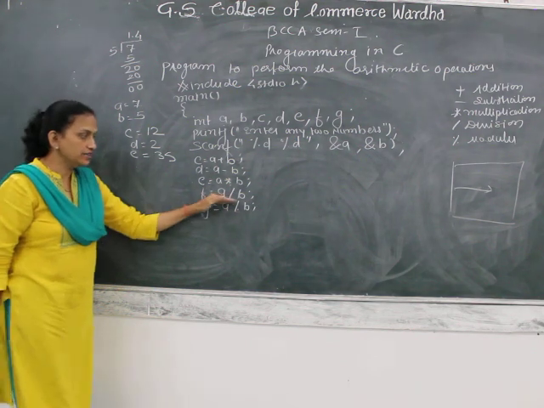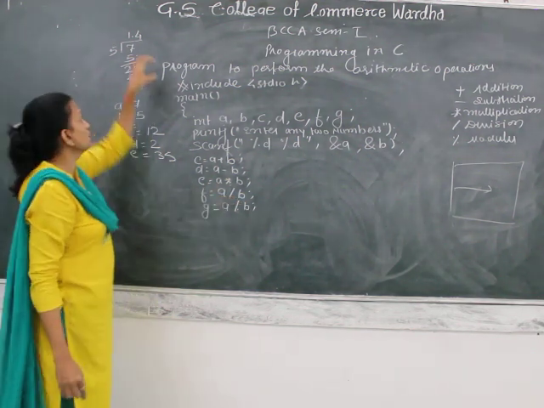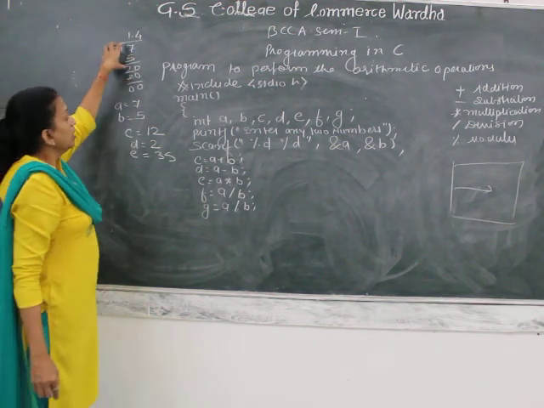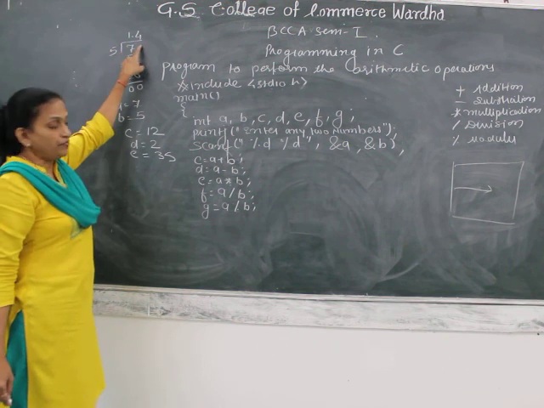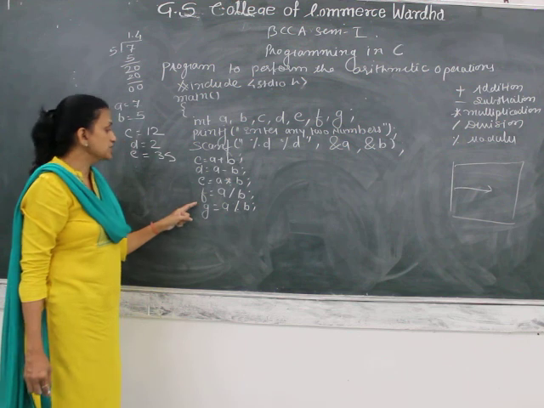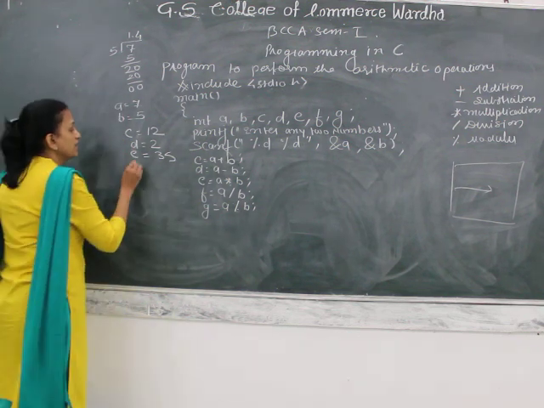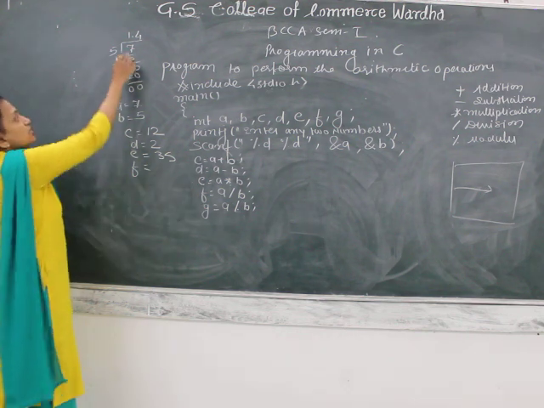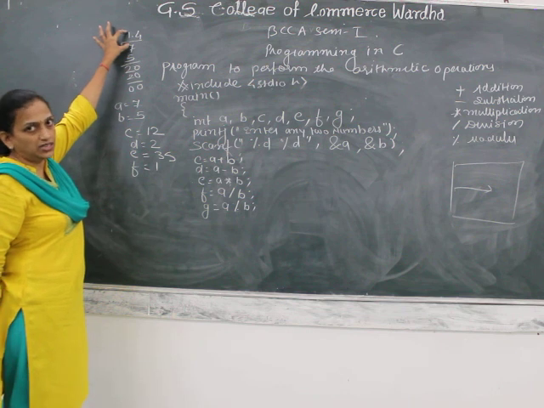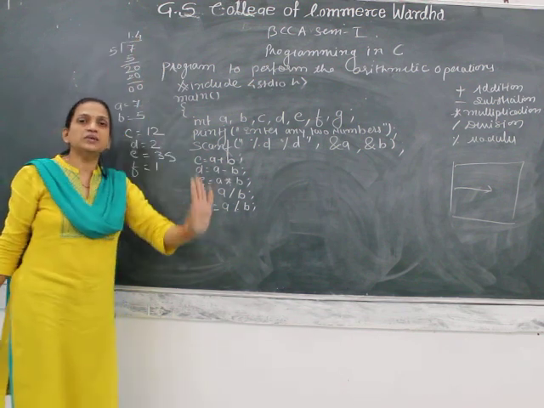1.4, meaning the division. But this is integer division, which actually takes the quotient of your division. Now the quotient is 1.4, but the variable to which you assign the value is of type int. So F is of int type, so it will only store 1. That is only the integer value, and the fractional part will be skipped.